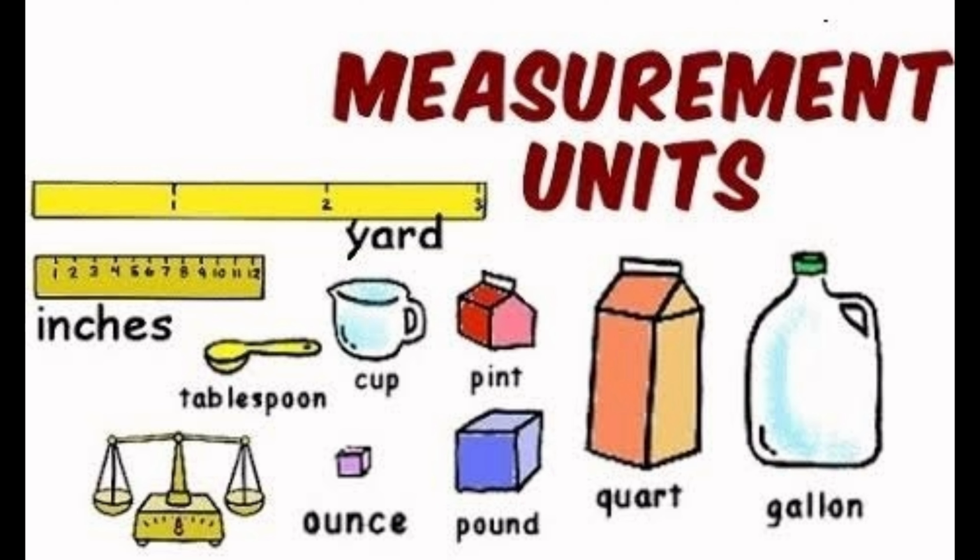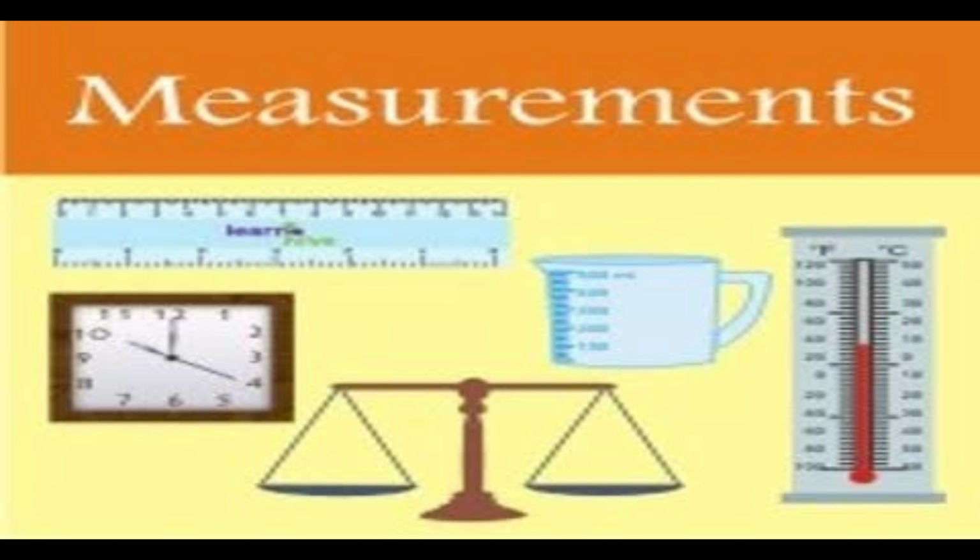So children, we make different kinds of measurements at our home, somewhere in the playground, shops, or in various places in our daily life. So what is measurement? Measurement is the fundamental basis for scientific studies and practical life. For accurate and precise measurement, we use some measuring instruments, which you are seeing in the picture. For example, to measure the length of an object, we need a scale or a tape. To measure the mass, we need the physical balance. For measuring the volume, we need a cylinder.